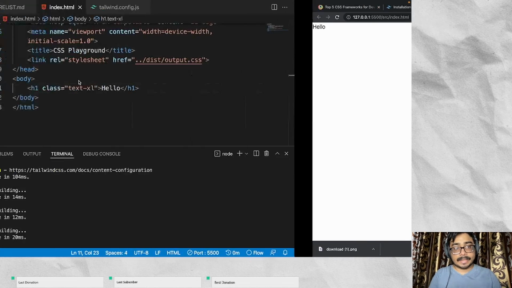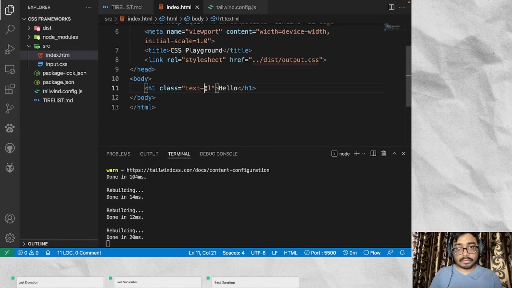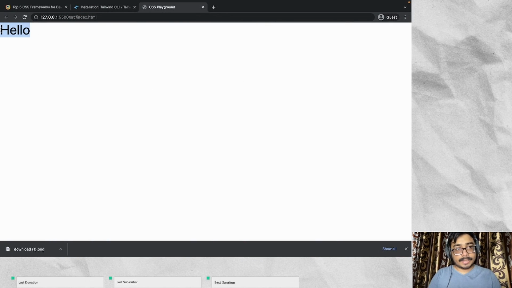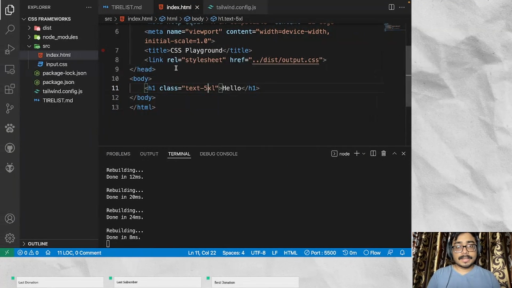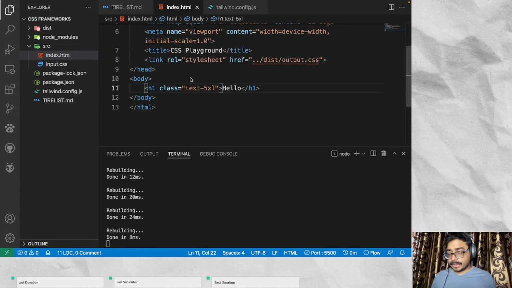Yeah, it is a bit larger. So let's just go something like text-5xl, and there it is, a bigger hello on the screen. That's, I guess, good. So Tailwind is this utility-first CSS framework where you are using many utility classes like